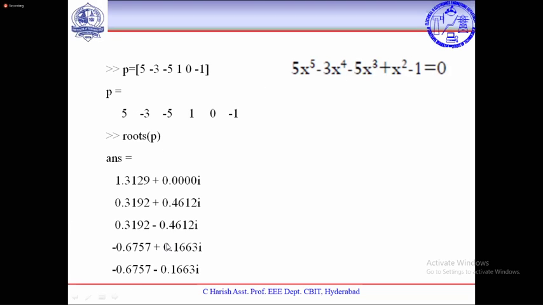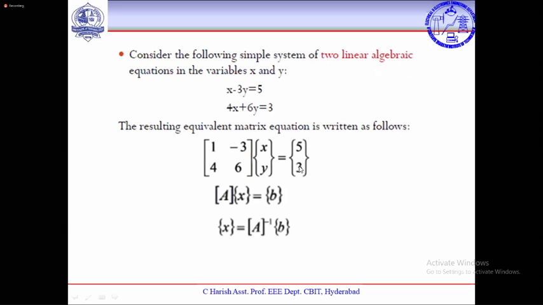It will generate what are the values of x which are accepting this expression. Okay, those are 5 answers. Now, these two things, when two variables are there, how do you normally solve? You substitute one and eliminate one of the variables and try to solve it.